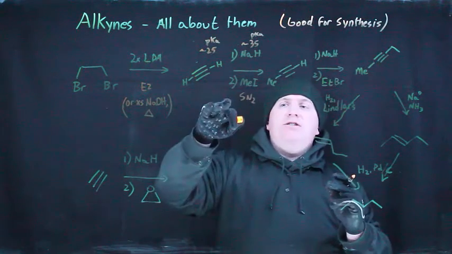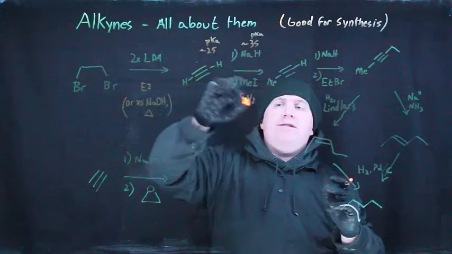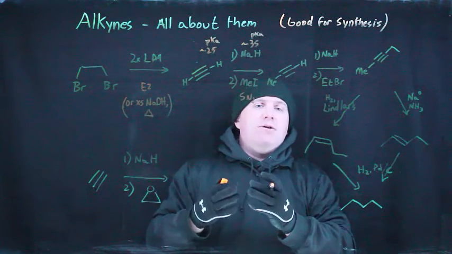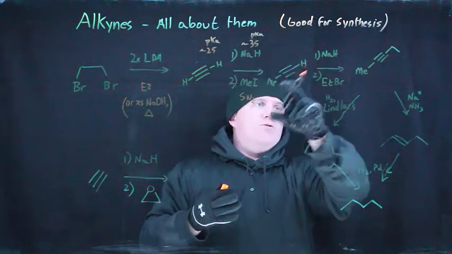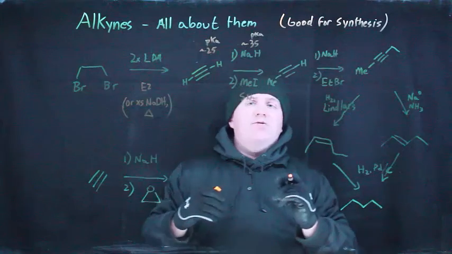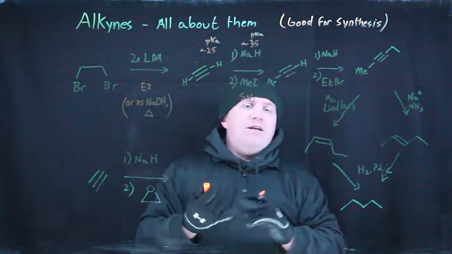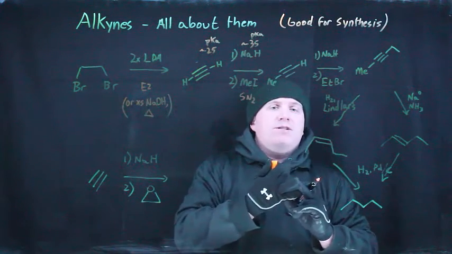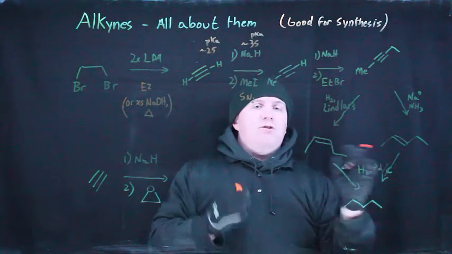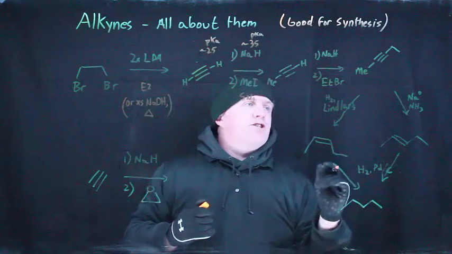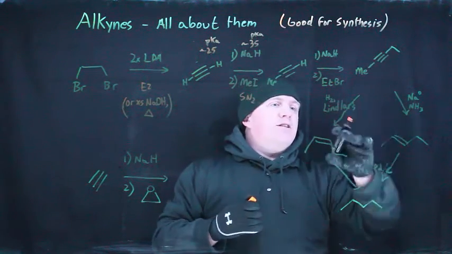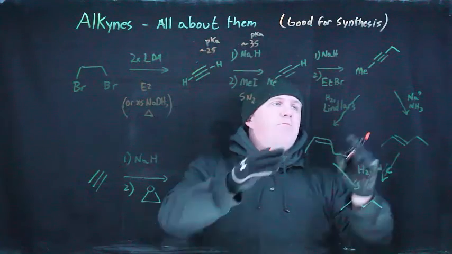The limitations on alkynes for SN2 type reactions are essentially that you have to do it with primary substrates, otherwise you get some elimination, because this is of course basic once you have deprotonated. So we can do SN2 reactions as long as you have good solvents lined up and you are doing this with primary substrates. But if you meet those two conditions, then you can do sequential SN2 reactions to make straight chain molecules like that. And then we've talked briefly about how you can convert these into other useful products by